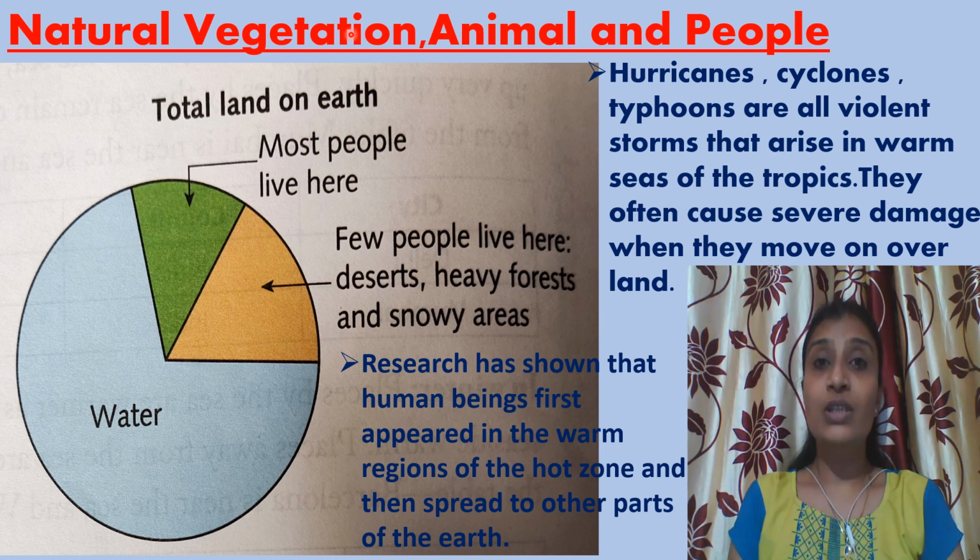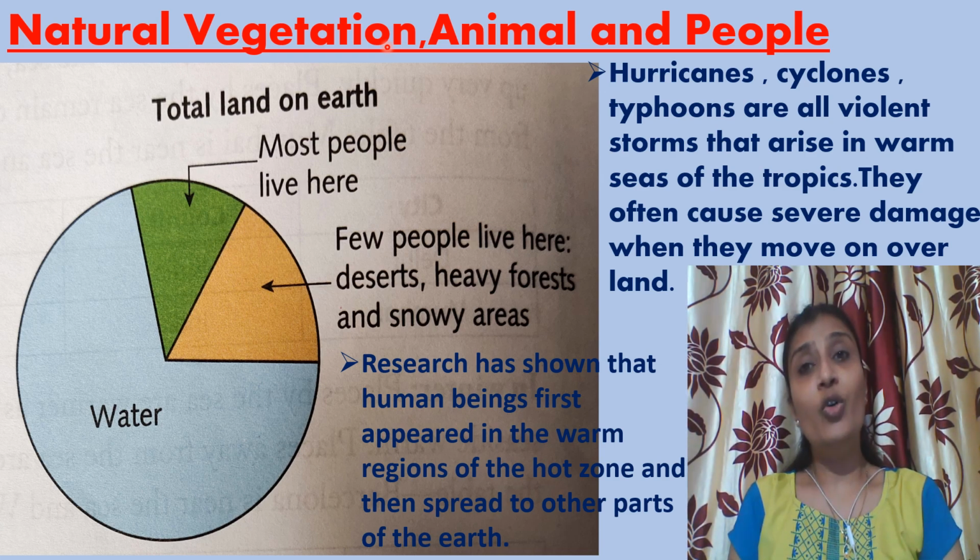The climatic zones, natural vegetation and animal life together affect the life of people. Now tell me children, where would you like to live? Will you like to stay in a place that is too hot or too cold? No. We like to live where the climate is good, pleasant, or not too hot nor too cold, where we get good food, vegetables, fruits. Correct? I mean, we like to stay where the climate is favorable and where we can stay comfortably.